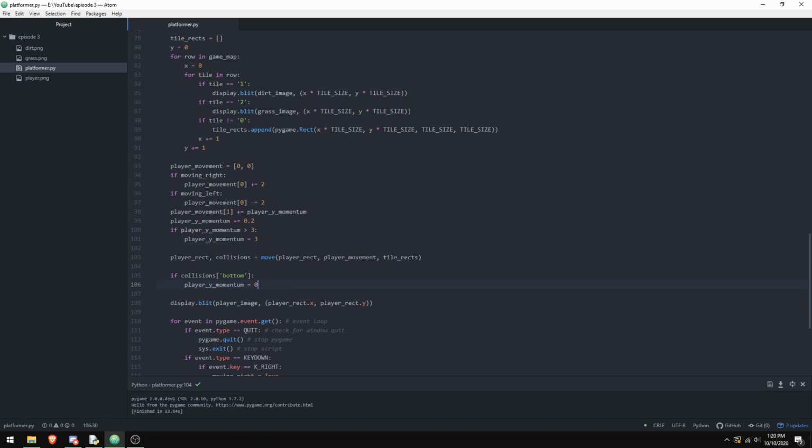So yeah, like I was saying, a lot of the time when we're standing on the ground, our vertical momentum is going to be less than 1. The player's not going to collide with the tile below that frame, because it didn't move an entire pixel. One way to deal with this is to set the player's vertical velocity to 1 when I collide with something below me. That way, you'll always have enough vertical speed to collide with the tile below you, so you'll get a collision every frame. That's one way to do it, but I'm just going to teach you a game design trick for